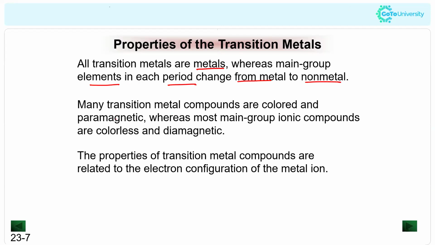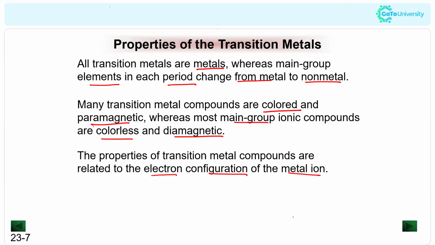now coming to the other property, these transition compounds are usually colored, right? They are always producing colored compounds. And another thing, they are paramagnetic, whereas most main group ionic compounds are colorless and diamagnetic. This is another property. Now, the properties of transition metal compounds are related to the electronic configuration of the metal